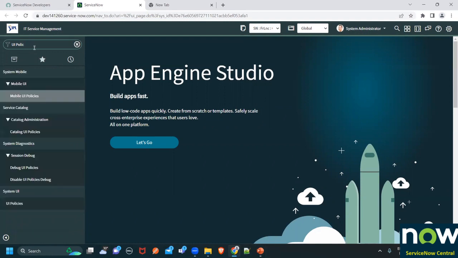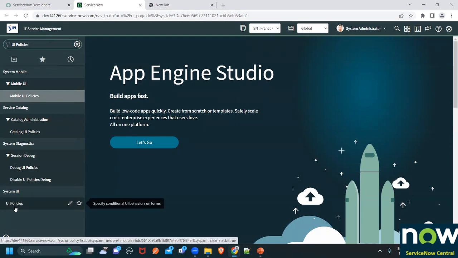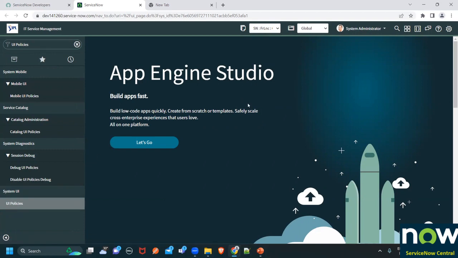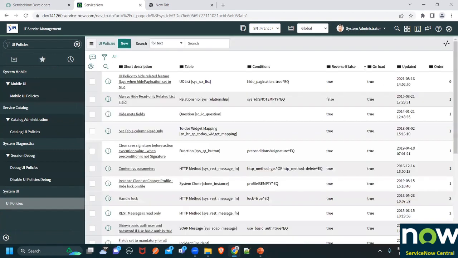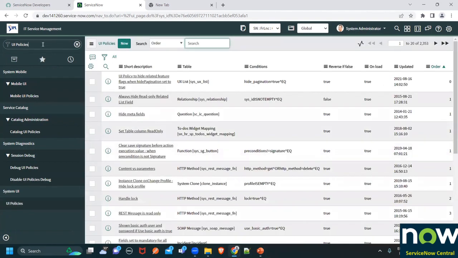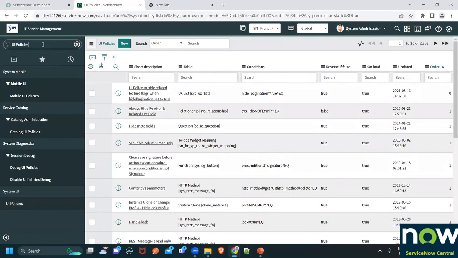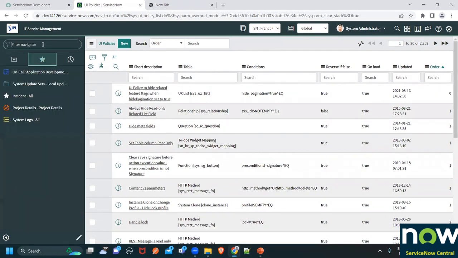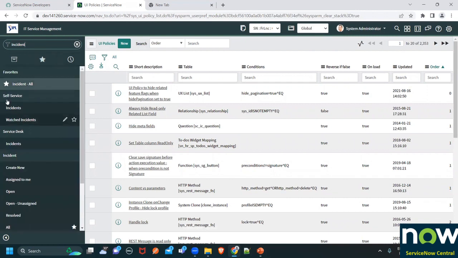Under System UI, I will get all the UI policies I have in my system. It will give me a list of all the UI policies on different tables present within the system. Or if I have to build something on my incident table and I don't want to go through the entire list, I can type incident and